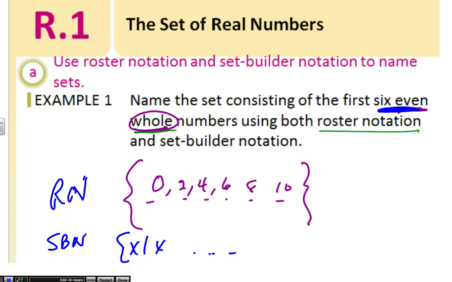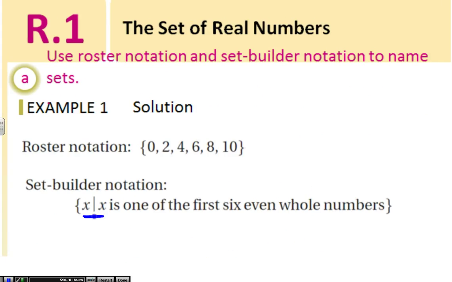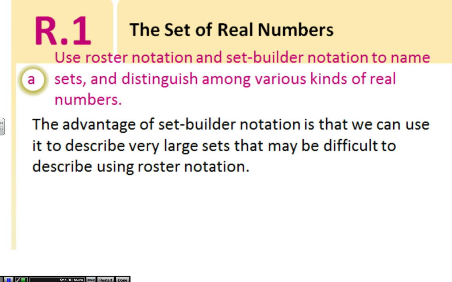And you write that out. I think that's done here for you. X such that X is one of the first 6 even whole numbers, and then we'd close the set notation. All right, so the advantage of set builder notation is that it's a lot easier for large sets